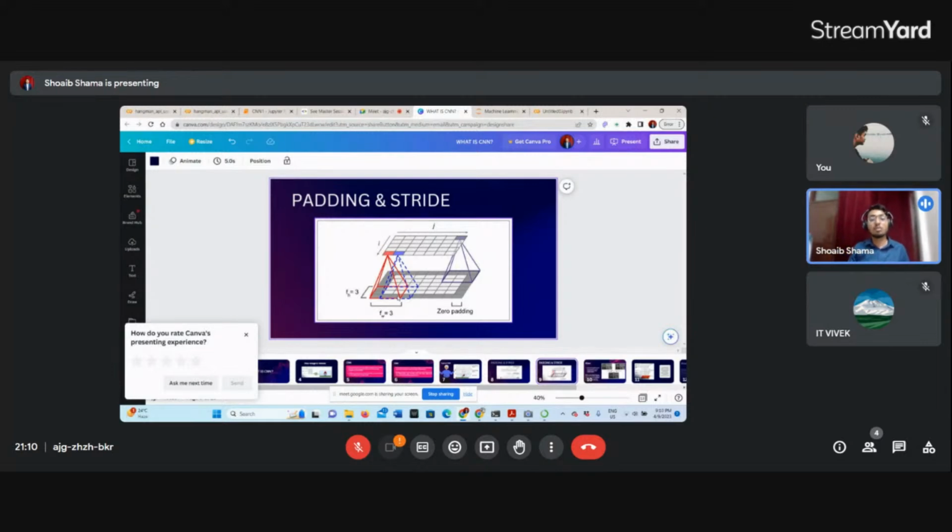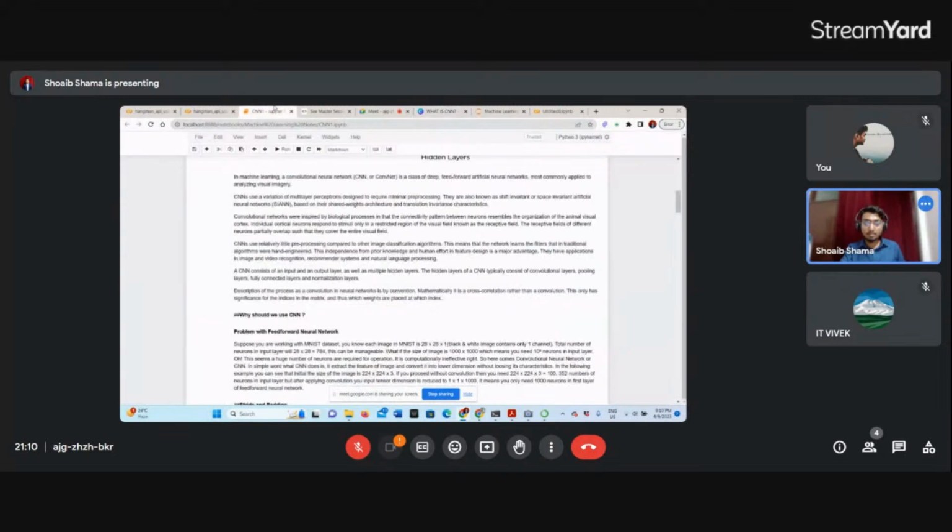So this we call zero padding. We can do one padding also, and other padding also, लेकिन वो नहीं करते हैं। वो कुछ स्टेजेस में करते हैं, उसकी लेटर स्टेज है। So let's jump into that.